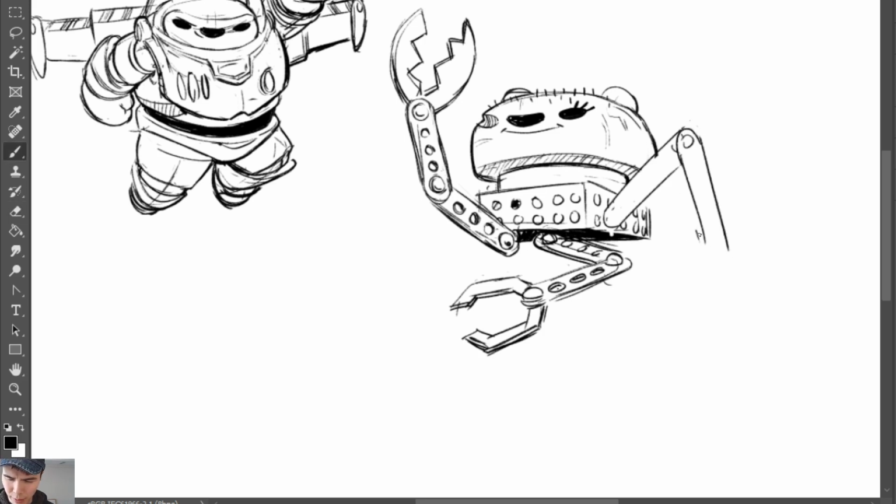Let's put a couple legs here. Show some overlap. Got my blobby. I think the legs are like this.